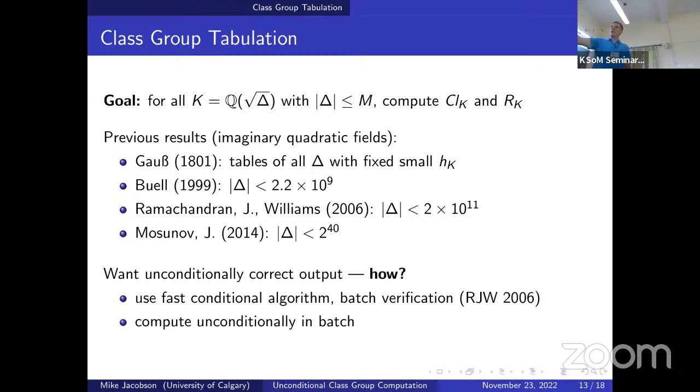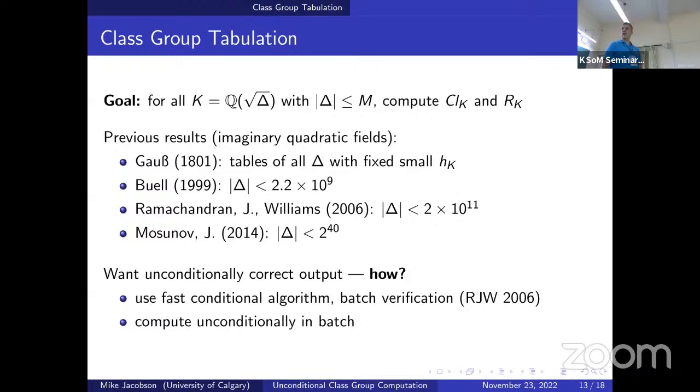So here's a couple examples for what's been done for imaginary quadratic fields. So Gauss, of course, started the whole game here. This is a much abbreviated history, but Duncan Buell did a major advance in this last year's. Former master's student, Hugh Williams, extended the table quite a bit using some nice tricks. And what I'm going to talk about, though, is this work with Anton Mosunov and a recent extension of that